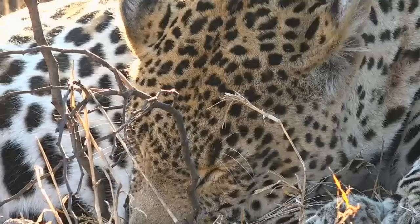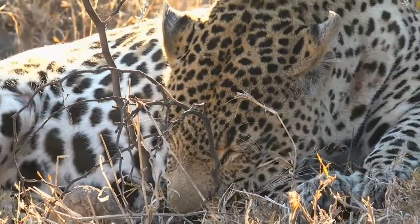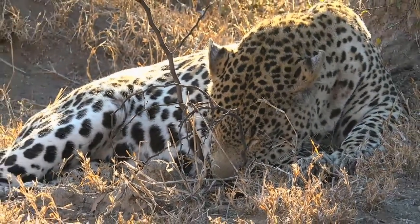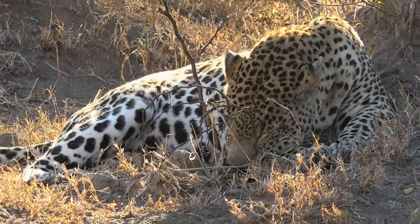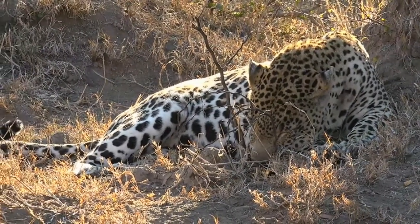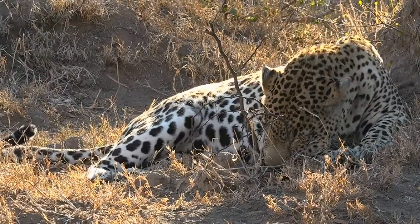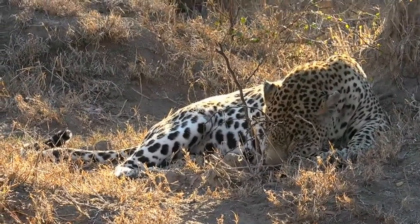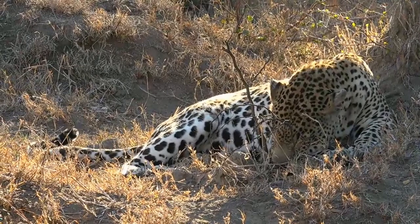So we spoke a little bit earlier about the whisker pattern and the spot pattern, and I'm just at the moment taking it all in and having a look at this beautiful leopard in front of me. But Bob was sort of like to know if I could describe his identifying features for the new viewers, and I'm actually going